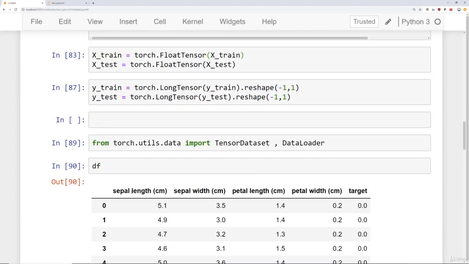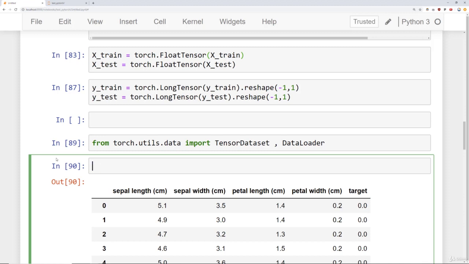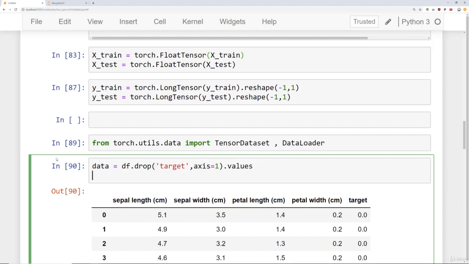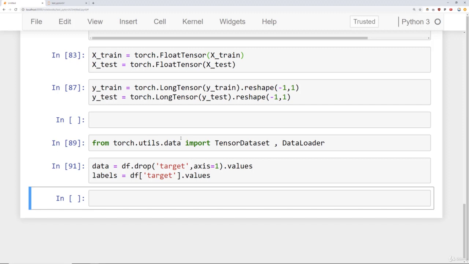If we take a look at our original data frame, we haven't actually changed anything on it. So we're going to pretend that we just read in this data with pandas. Then we'll say data is equal to, we can also call this features, df.drop target along axis equal to 1 because it's a column, and I just want those values. And then we'll say labels is equal to df target, and I just want those values. So this is the exact same thing we did last time so far, except now for the train test split,